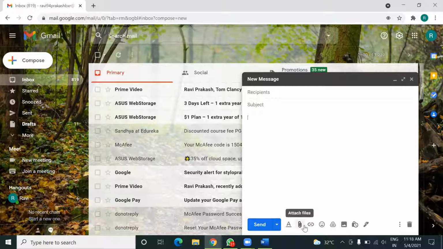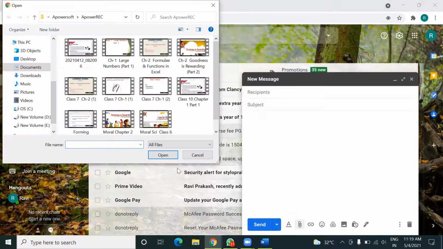Now below, you can see different buttons. Here are the formatting options, and this one is for attaching files. Means if you want to attach one or more media files like an image, audio clip, video clip, or any other compressed file, you can use this attach file button.